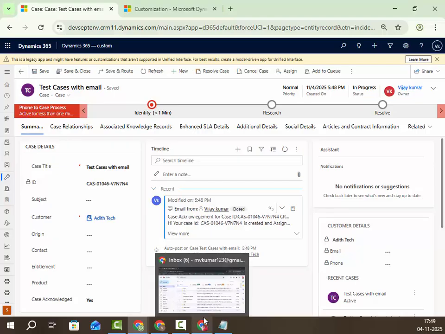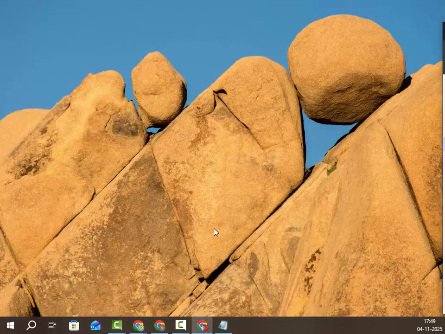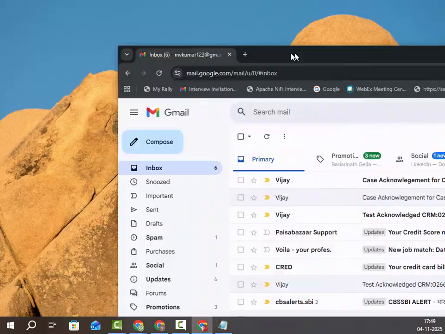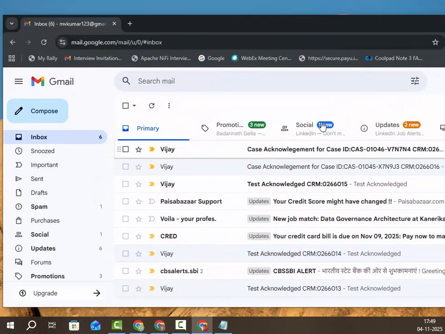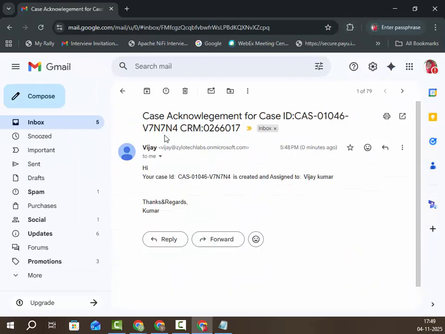So this is my email ID. So just now only it is sent, and your case ID is assigned to Vijay Kumar, owner. Okay, this is how it works. And the next thing is,